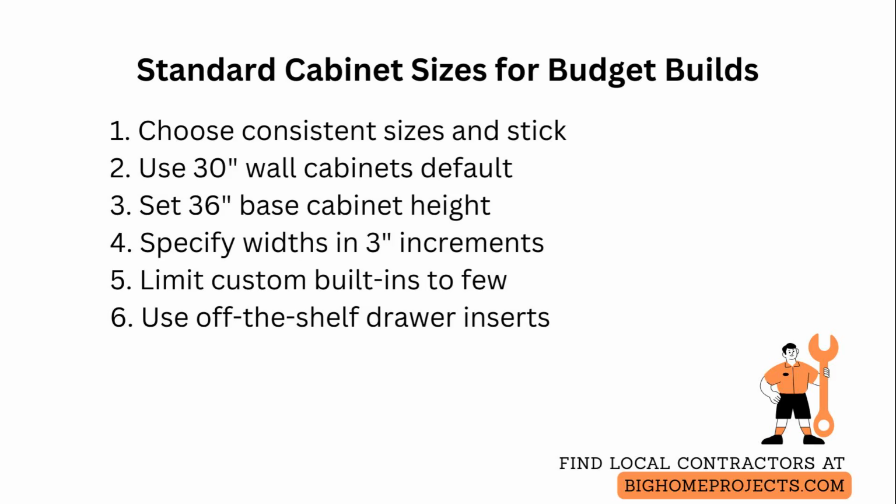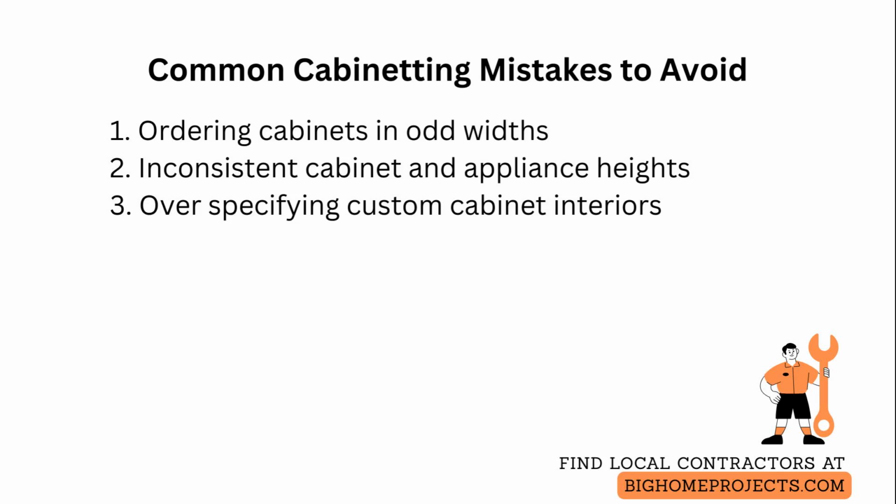Limit custom built-ins to 1 or 2 focal areas like a media wall or pantry so you maintain a mostly modular kitchen and reduce lead times. Rely on off-the-shelf drawer and shelf inserts for cutlery, spice, and trash organization to avoid expensive fabricated interiors and keep functionality high. Many projects try to be unique and end up costing more because cabinets are ordered in odd widths